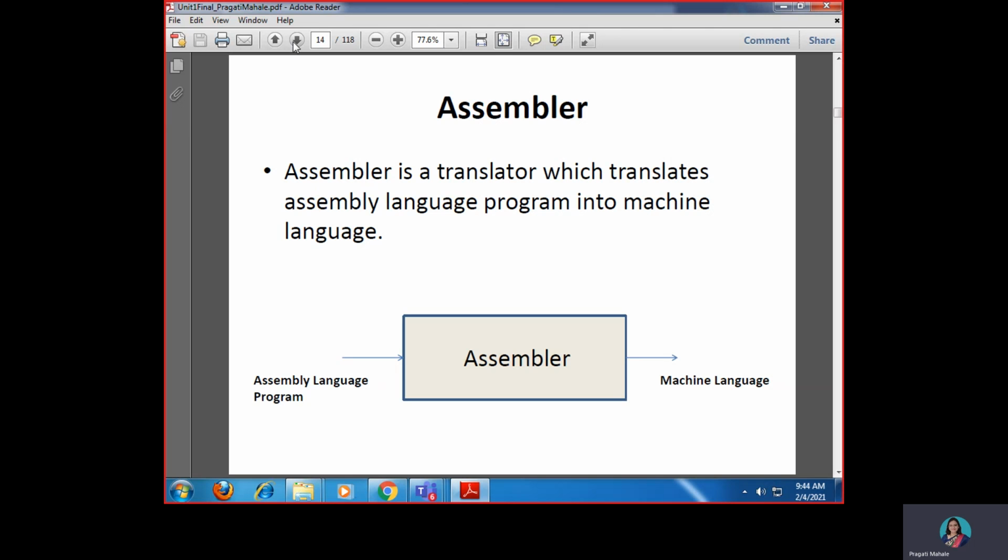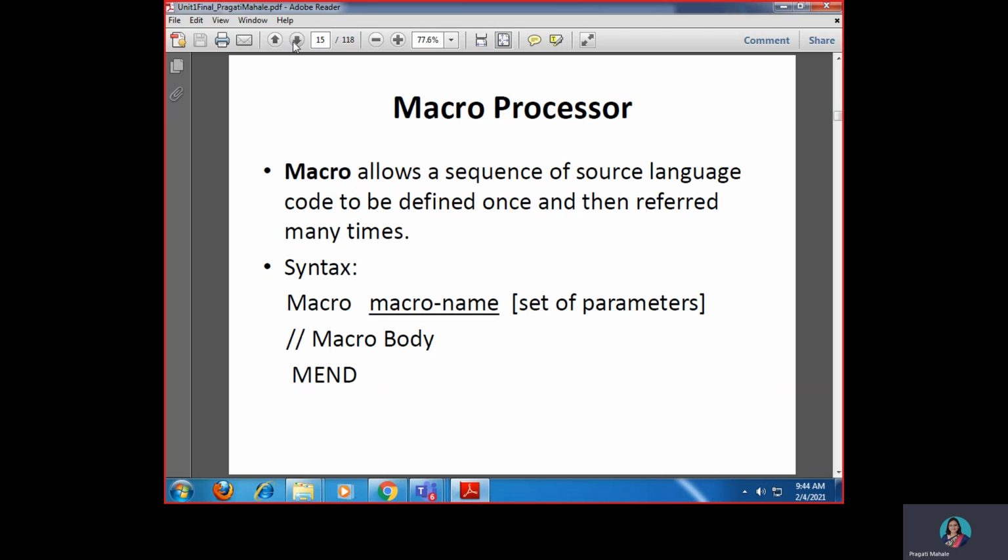An assembler takes the source program written in assembly language as input and converts it into machine language. That is the purpose of the assembler. So we have seen till now various system softwares like text editor, compiler, loader, assembler.